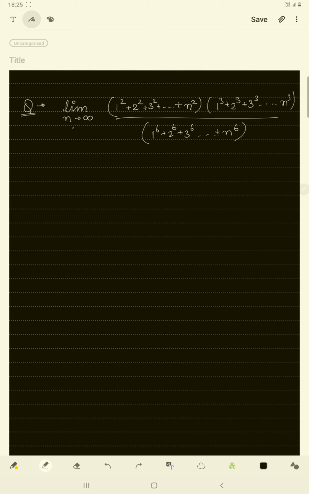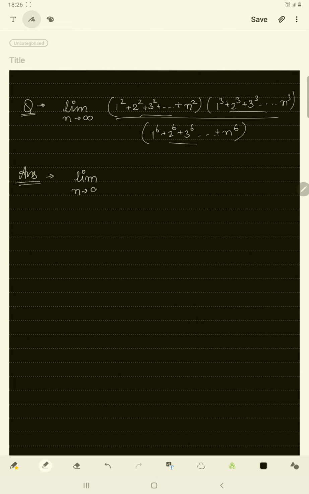Today we are going to do the second question on the questions of the Riemann sum method. The question says limit n tending to infinity 1 square plus 2 square. So this is one series, this is our second series, and this is our third series. Now in the previous question we saw only one series, but in this question we are given three separate series, and to solve this you will get a bonus method at the end of the question. So watch it to the end.